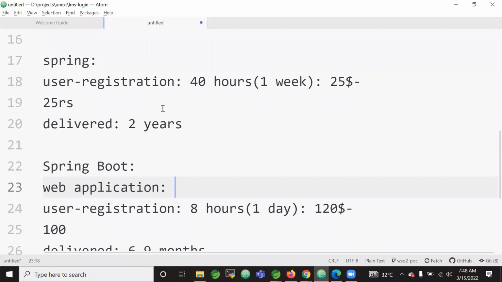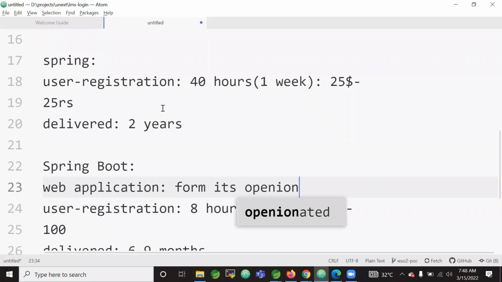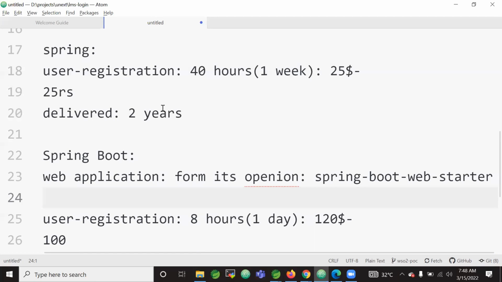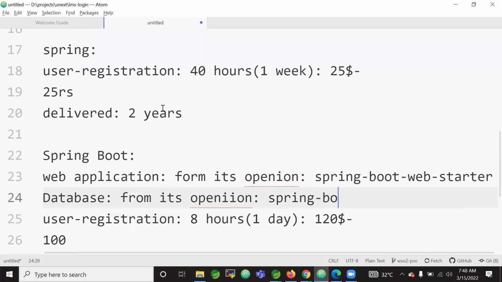Then Spring Boot will form its opinion, and it will give the Spring Boot web starter, which gives you all the web application capabilities. For example, you can ask, hey, Spring Boot, give me the database capabilities. So it will form its opinion, and then it will give you Spring Boot